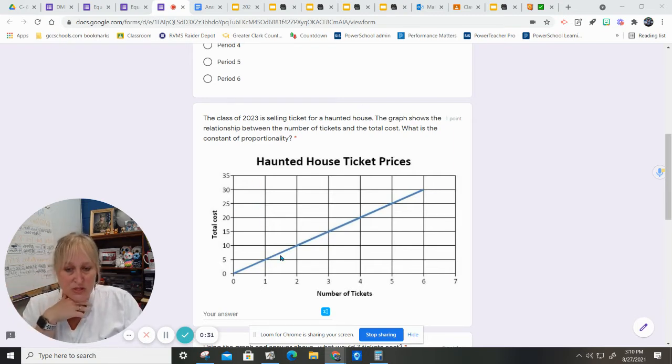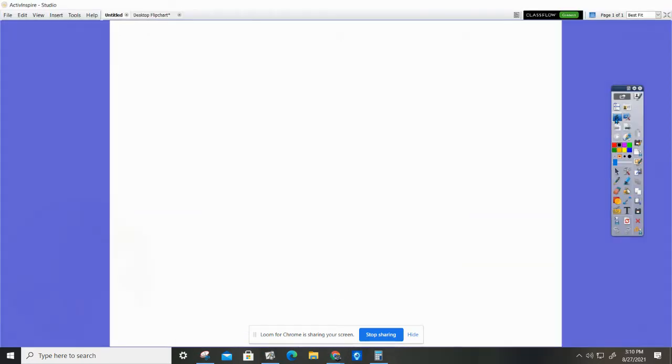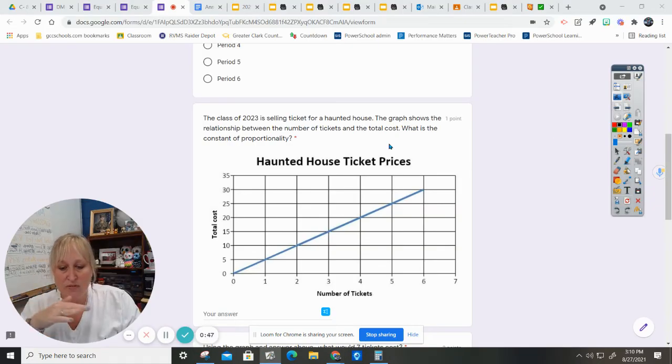The class of 2023 is selling tickets for a haunted house. This graph shows the relationship between the number of tickets and the total cost. What is the constant of proportionality? So, got to get something to write with. We've already figured out that we know what the constant of proportionality is. So which one of the bag of tricks are we going to get and try to figure out what the